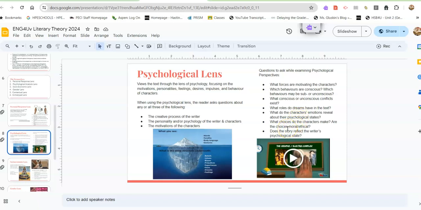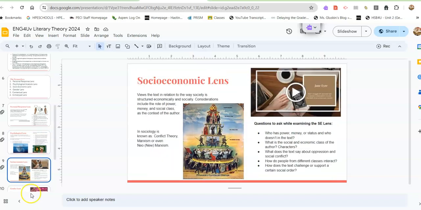And we can also look at the writer and the author and looking at their state of being as well. For anyone who's taken social science courses, the socioeconomic lens is a sociological concept, but it's more commonly known in sociology as conflict theory or even Marxism. Neo-Marxism just means new Marxism, taking a concept from a very long time ago and translating it to